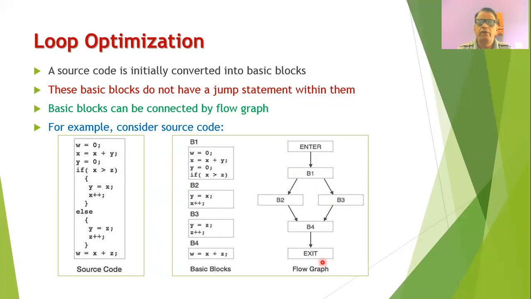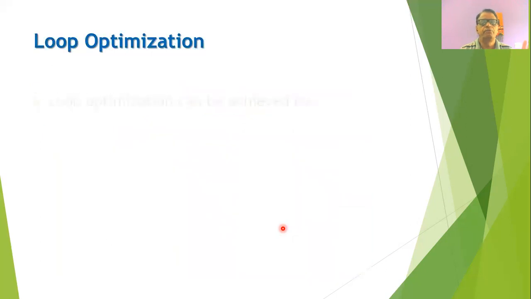So you will find that whenever a source code is given, it is necessary to divide it into different blocks, and then you can connect these blocks together. Now, when we write the source code and connect it to the compiler, then an intermediate code is generated. And such intermediate code can be divided into different blocks by the compiler, and then it will connect the different blocks by the flow graph. And then it will apply the different loop optimization techniques to the different blocks.